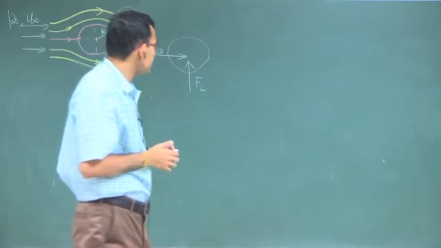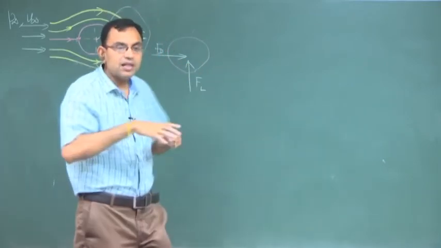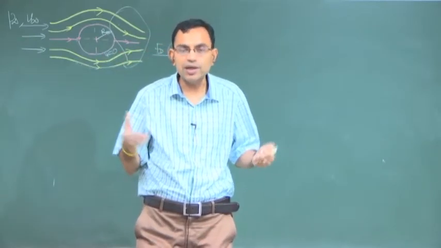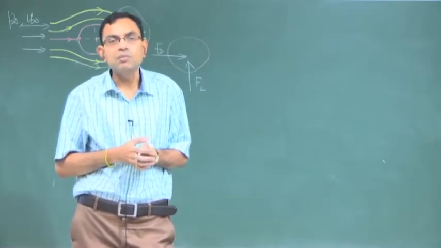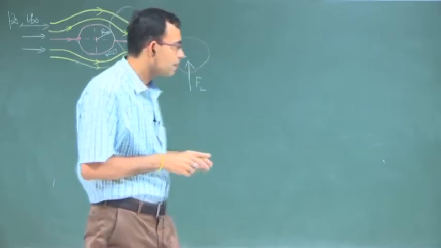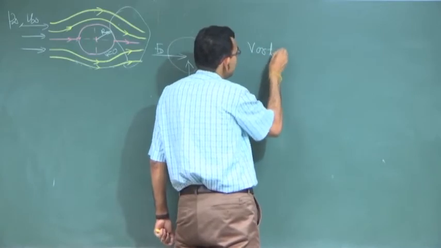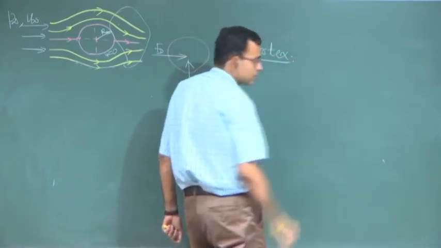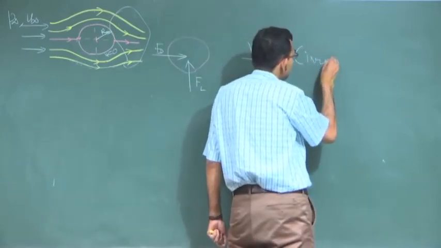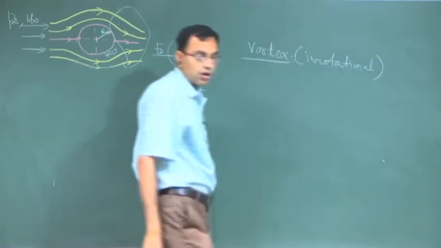So, we will consider a rotation, and to bring in a rotation the natural choice is a particular type of flow which is a free vortex flow. We cannot bring a forced vortex into the picture here because that is not an irrotational flow. We are talking about irrotational flow here. So, our next example is the vortex, and although we say vortex, this is an irrotational vortex, we have to specify this very clearly, or free vortex.